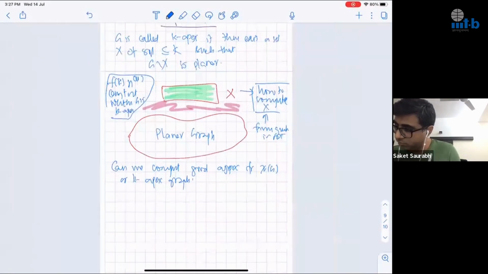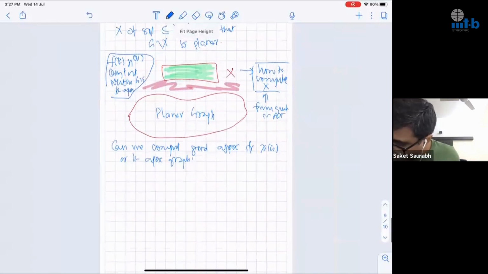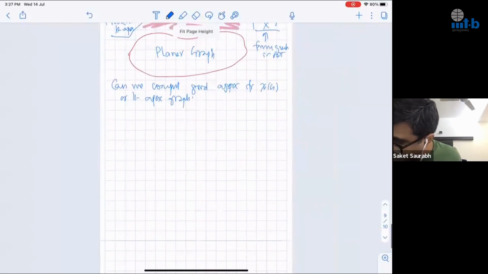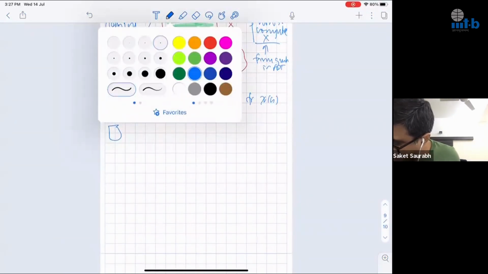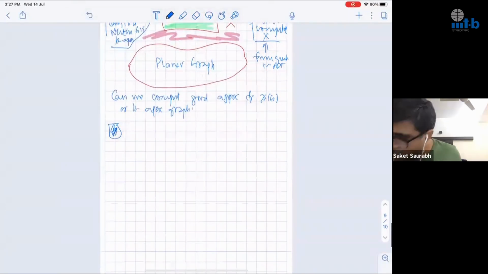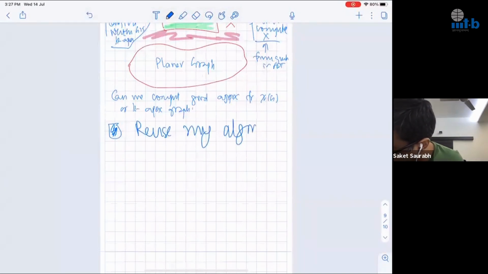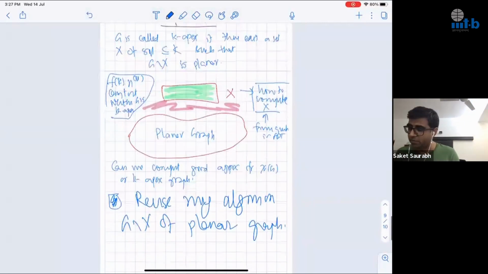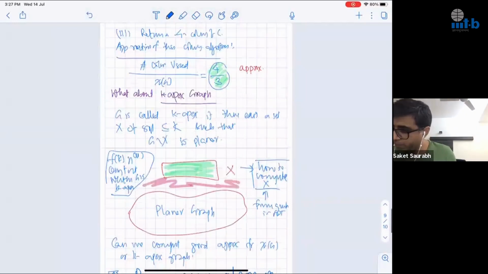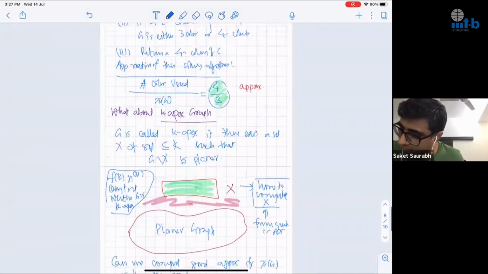My strategy is that I want to reuse my algorithm on G minus X, which is a planar graph. This is what I want to reuse, which I just now made, right? I just now made a factor 4/3 approximation for chromatic number of planar graphs. So to achieve this, what I'm going to do